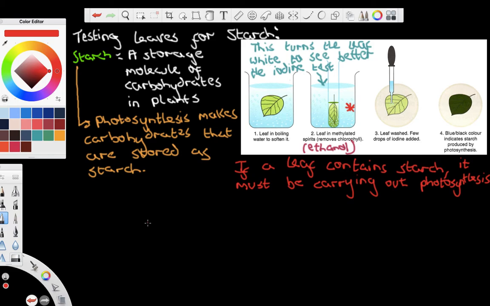Ethanol is highly flammable. Therefore, when you are testing a leaf for starch, you do not have a naked flame near the ethanol. If you have a naked flame near the ethanol, it will catch fire. So the point I'm trying to make here, and I'm going to put a star because it refers to step 2, we can say that ethanol is highly flammable